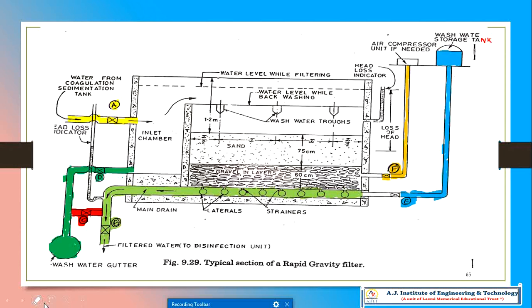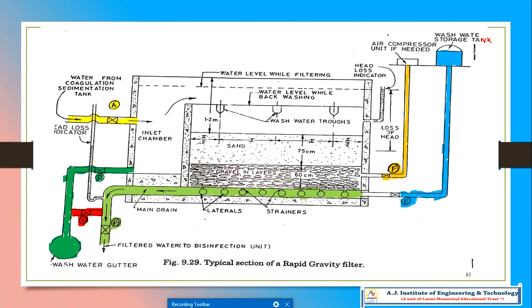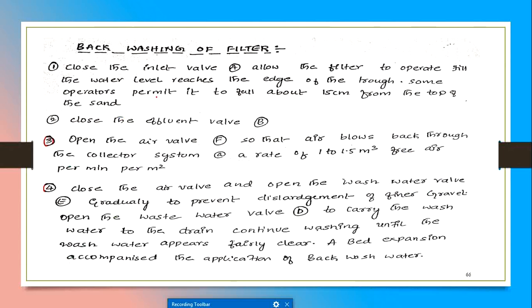Take now, close this A valve. Because while backwashing, close the inlet valve A.